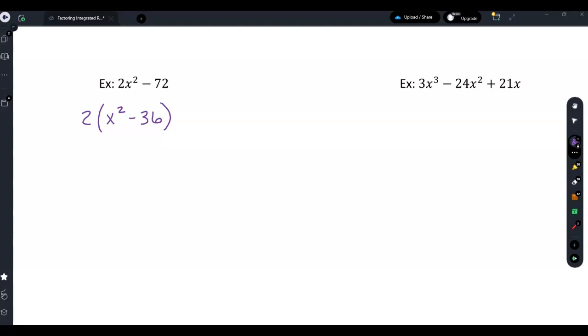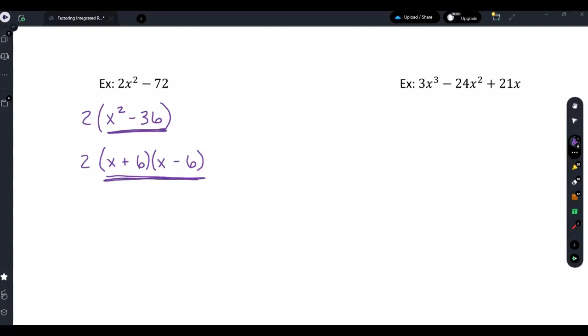Are the two things that I'm subtracting squares? And in this case, yes, they are, right? So I know x squared would give me x squared, and then 6 squared would give me 36. So that means that this part in parentheses is going to factor as a difference of two squares. So the way I do that is two sets of parentheses. X times x would give me x squared. 6 times 6 would give me 36. And every time we factor a difference of two squares, one of the parentheses has a plus and the other has a minus. But then that basically took this part, and that part became x plus 6, x minus 6, but